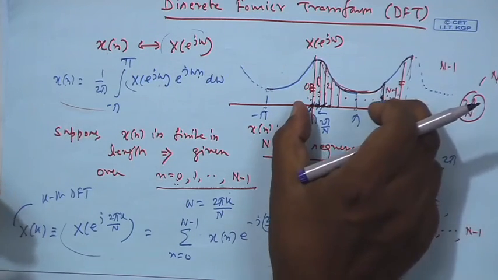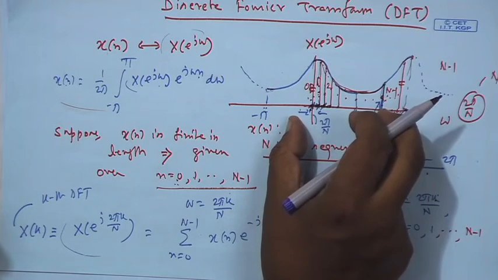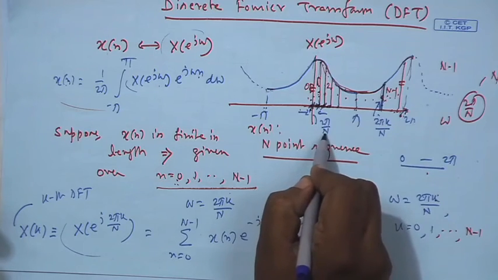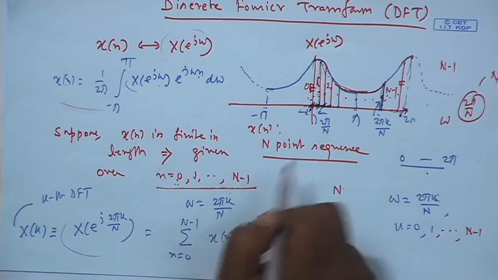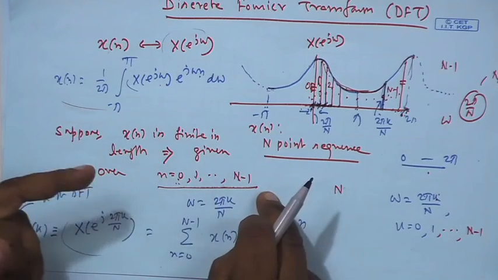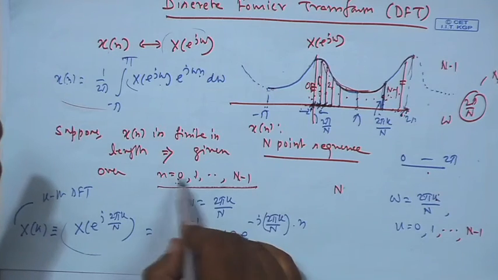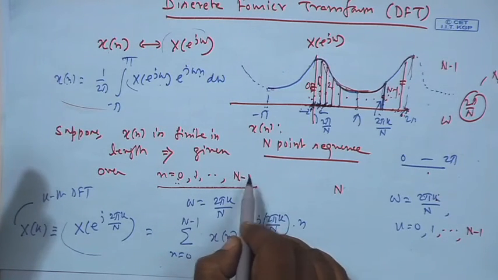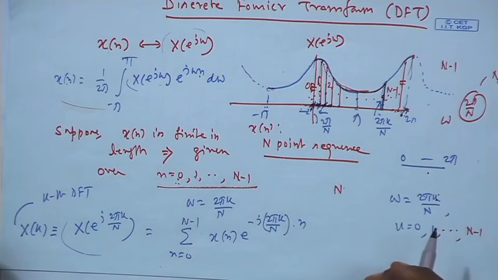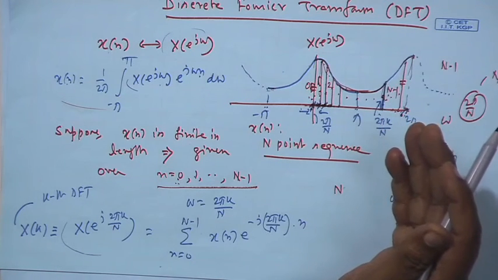For instance, if instead of taking capital N number of samples, I take capital N plus 1 number of samples, that is, 2 pi by capital N plus 1 is the period. Then it means I am considering the time sequence to be of length capital N plus 1, that is 0 to capital N, not N minus 1, with the last sample as a 0. So, it will not change the DTFT summation. The DTFT will remain the same, but it will be like a length N plus 1 sequence.